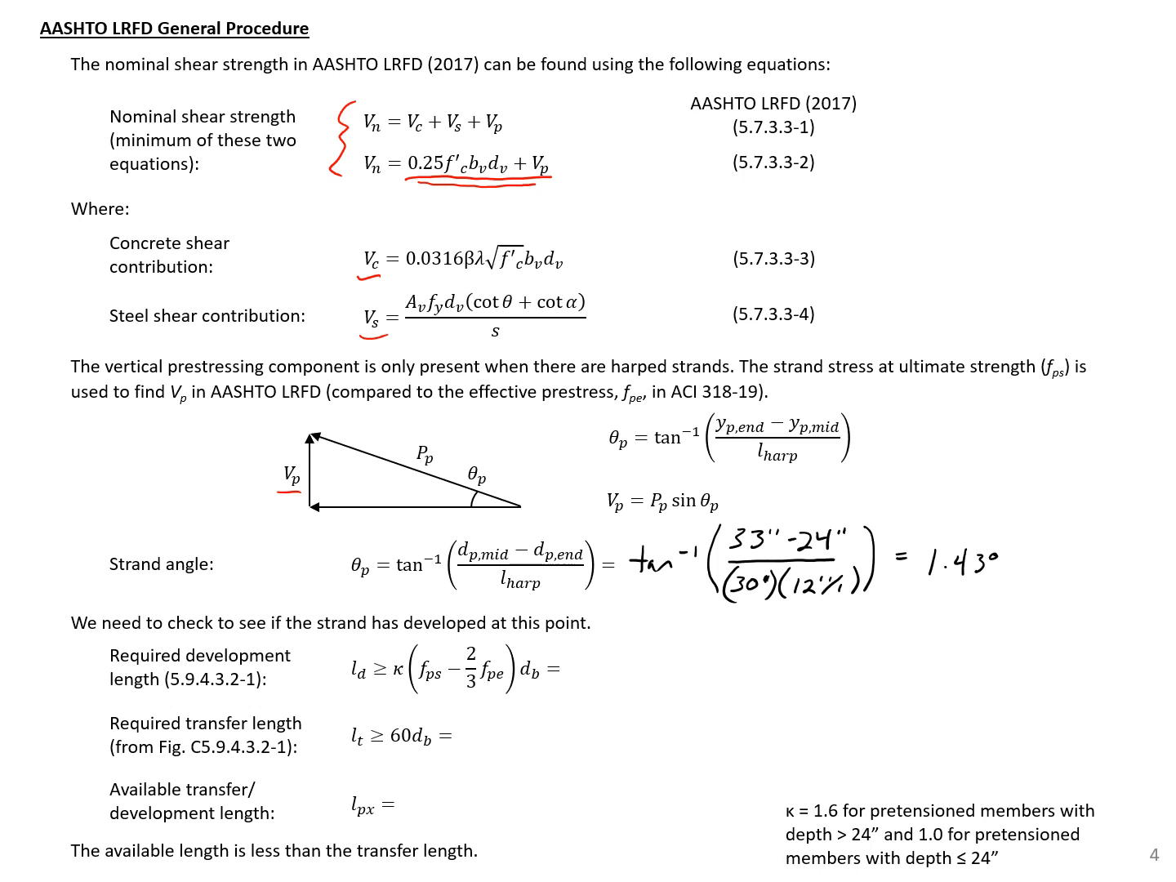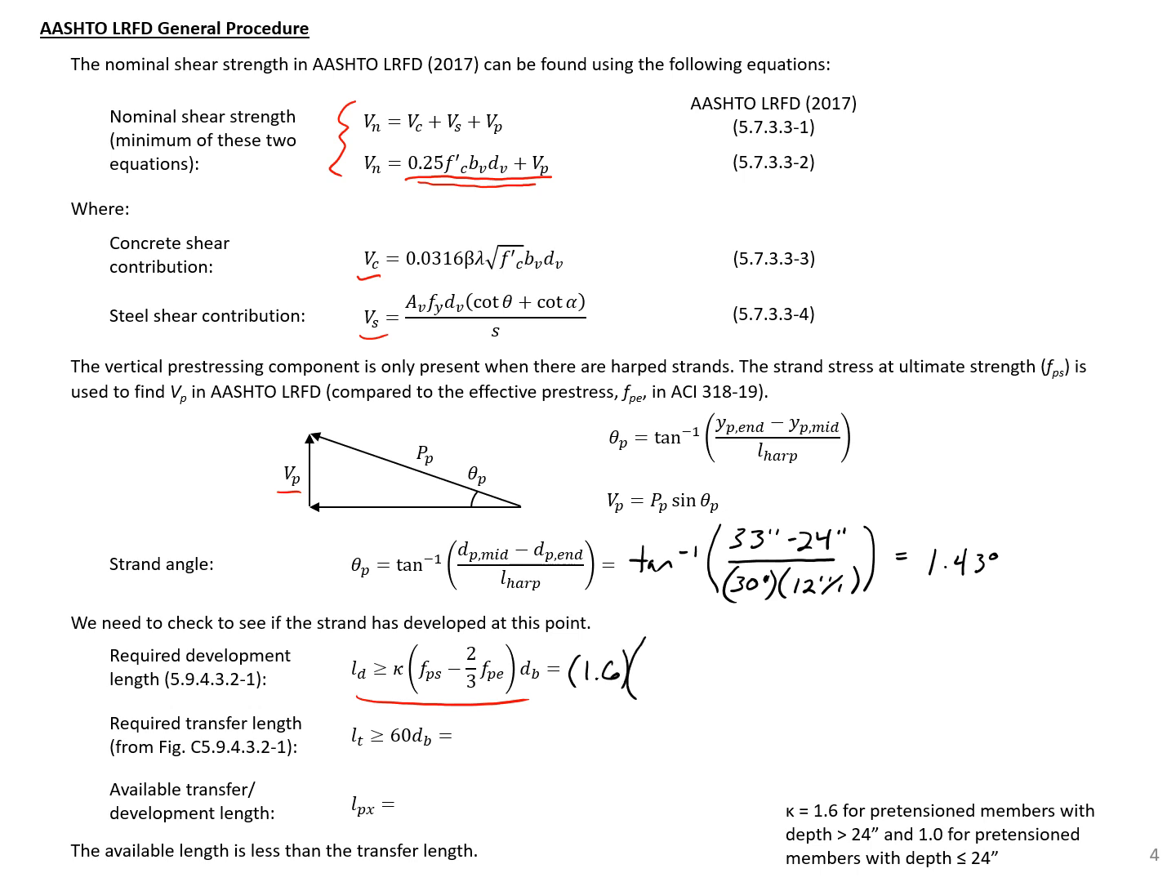Next, we're going to sidetrack real quick, and we need to check the available development length at this point and compare it to the required development length. For our required development length, we can use the AASHTO code expression, which is equal to this equation shown here, where this kappa is dependent on our member depth. We have a member depth of greater than 24 inches, so our kappa is going to be 1.6